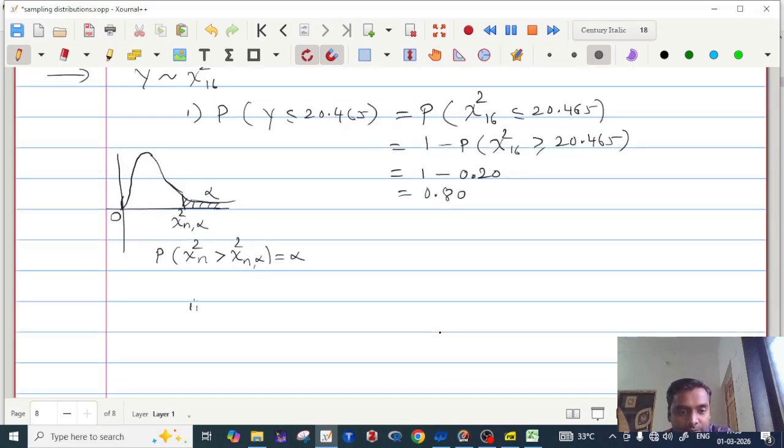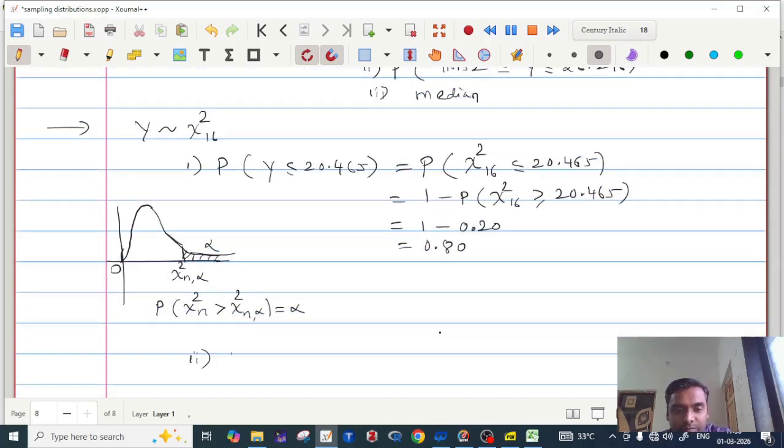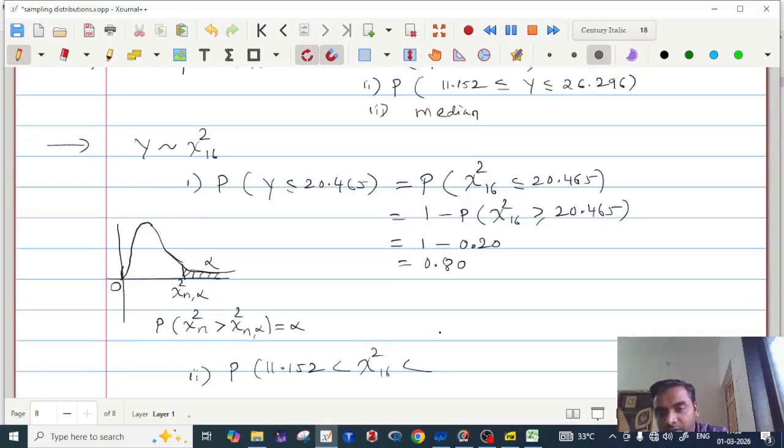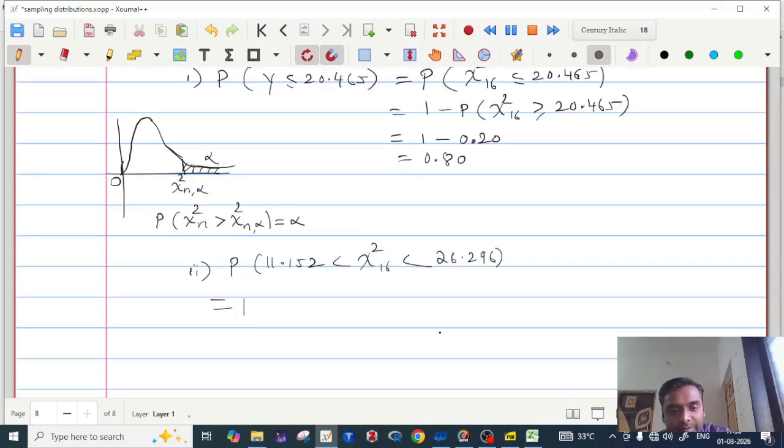Next one. Probability of 11.152 less than y. Y is chi-square 16, 26.296. Now, how to see this probability? See, suppose this is somewhere 11.152 and this is 26.296. So this is